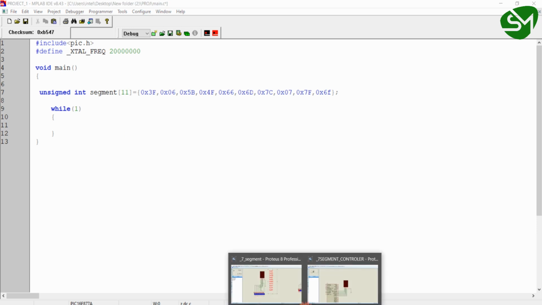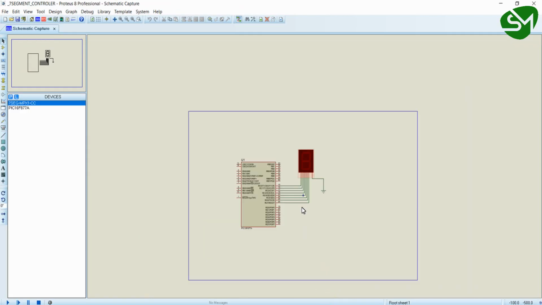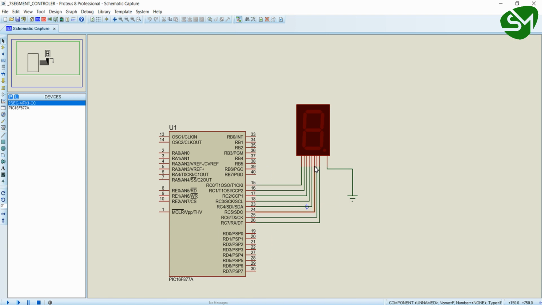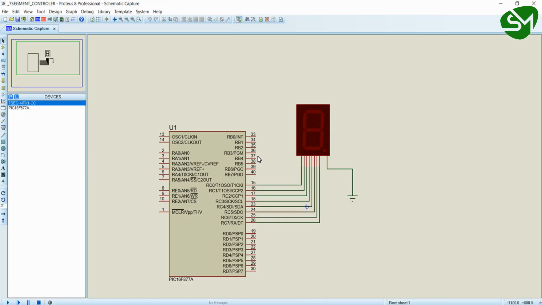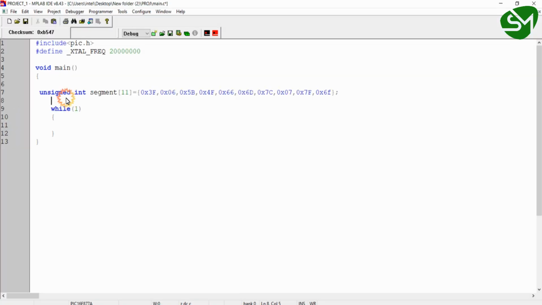So our programming logic is simple, right? We just want to display numbers from 0 to 9 with an interval of 1 second. So initially I will configure all these TRISC pins as output. That can be done by writing TRISC equal to 0x00.